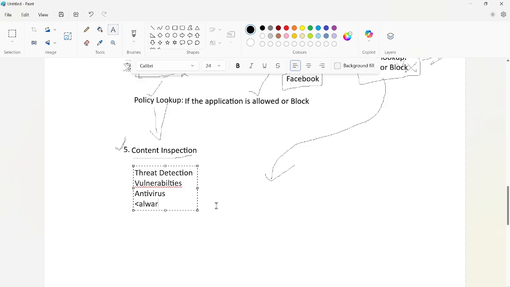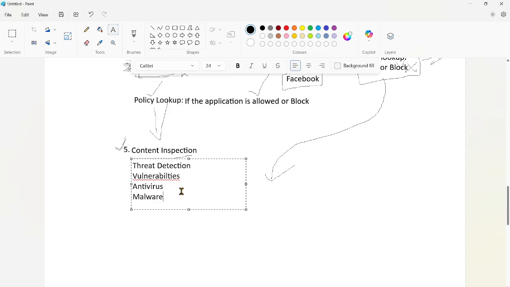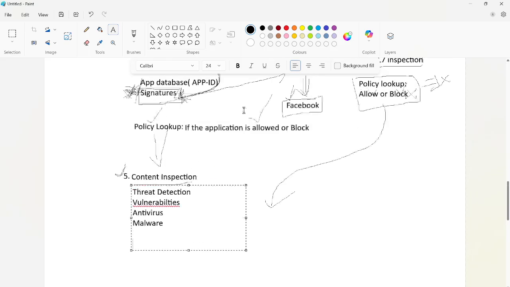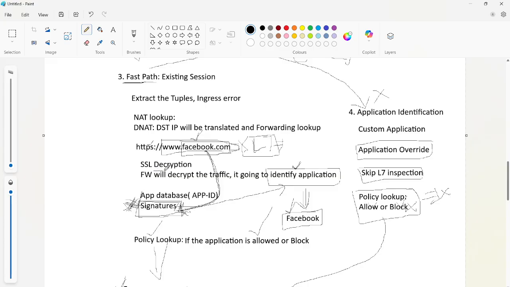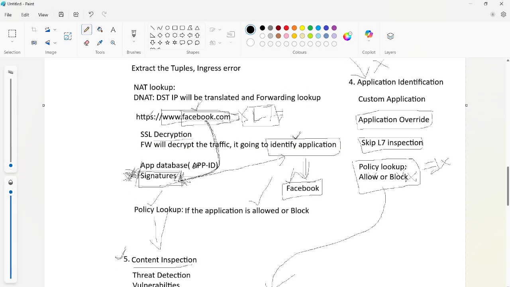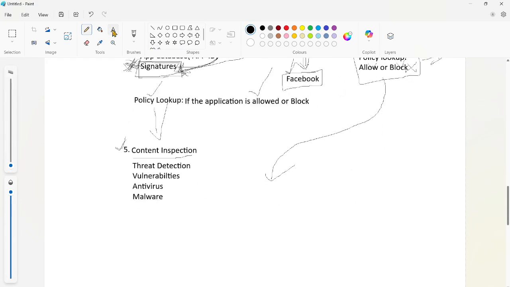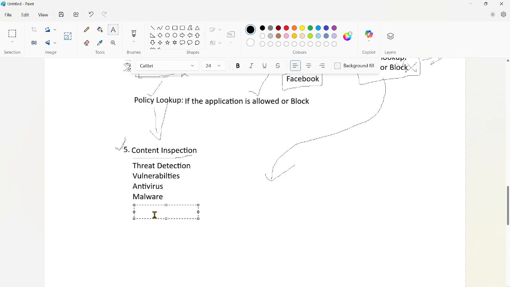It is going to do all these things in the content inspection, and once it is done, if it is not identifying anything, it is going to re-encrypt the traffic. Here, for the encrypted traffic, the firewall did a decryption, right?